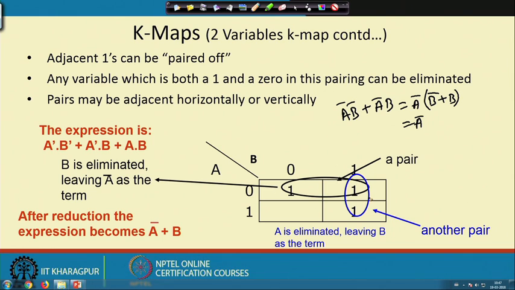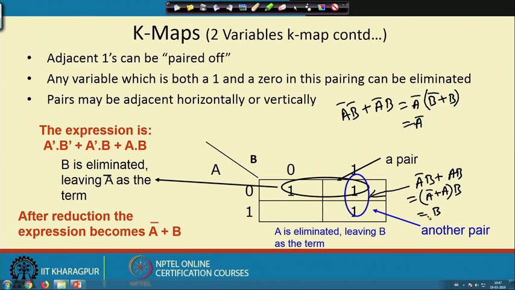Similarly, if you look at this term, this is nothing but A bar B plus A B. In a similar form, you can take this B common, A bar plus A into B, and A bar plus A equal to 1. So, you get a B here. So, here the term A has got